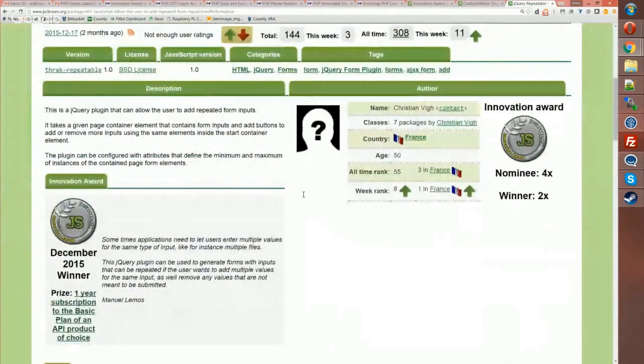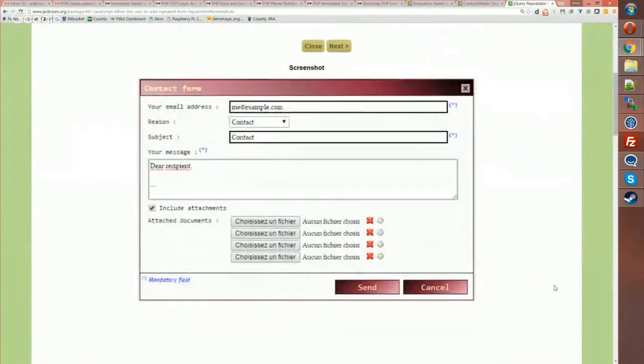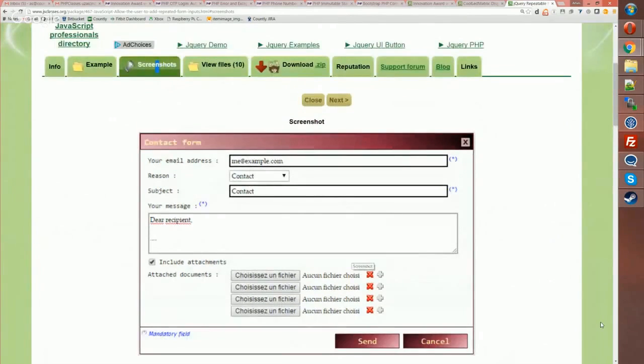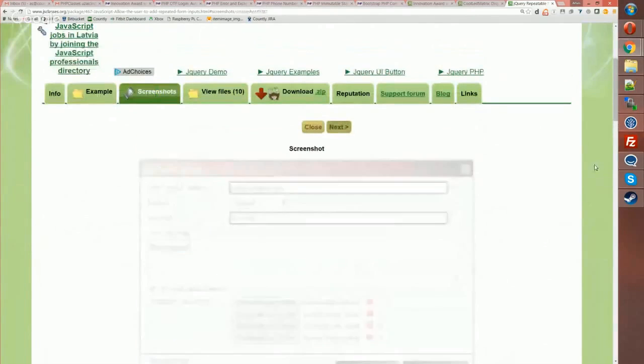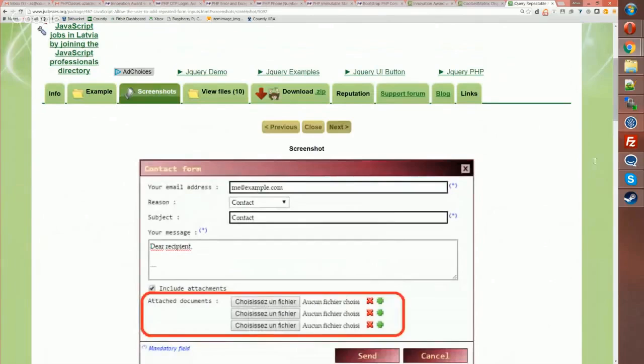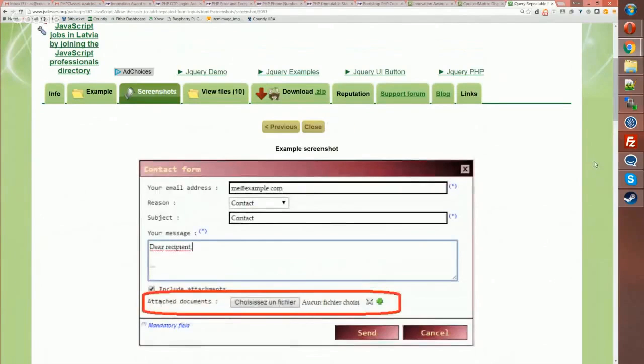I myself had multiple situations when this was useful, that you can implement one input and add many copies of it, or remove the copies of it. And this package implements it as a plugin to jQuery. So if you need anything like that in your form, you can easily use it and not have to implement it